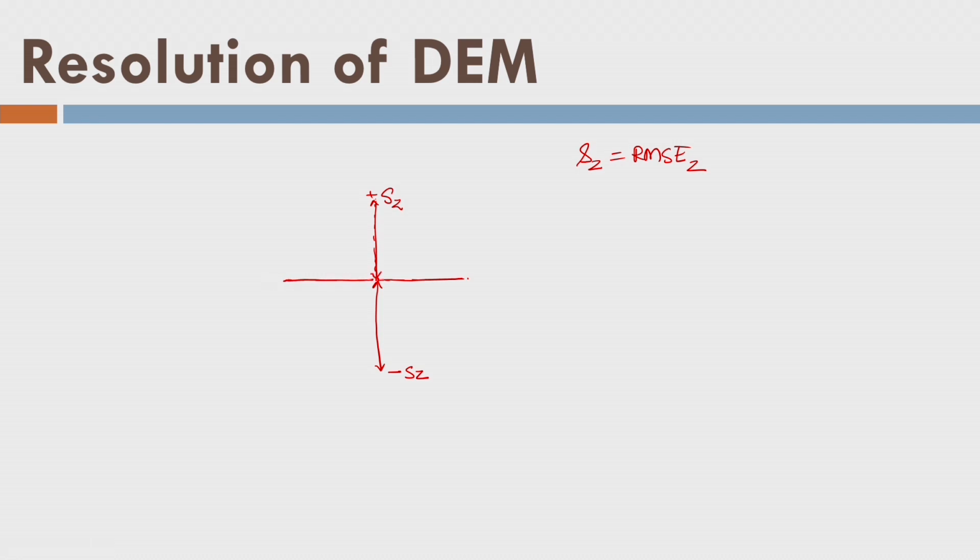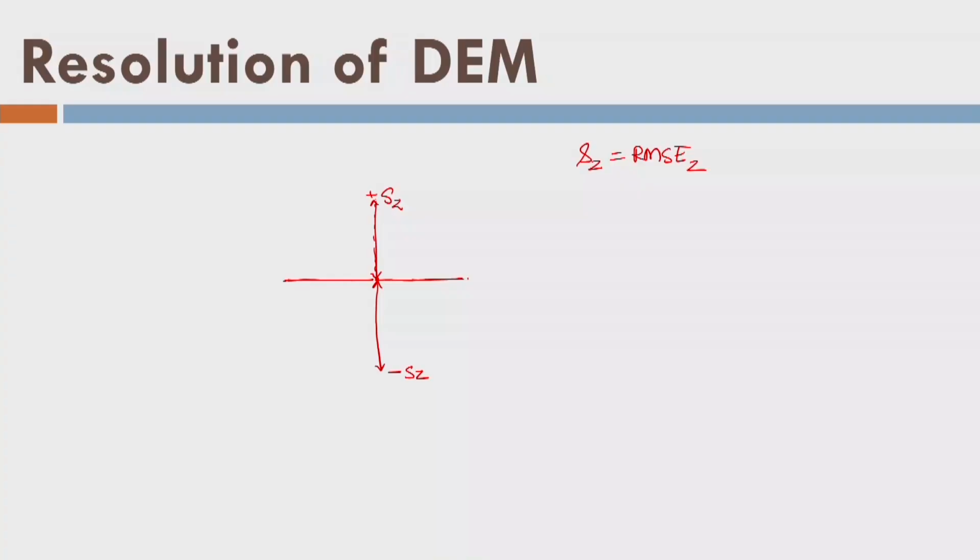When I pick a point, I may commit a mistake, maybe positive or negative, and hence you know that we have a limitation here. If I commit a mistake, it will be minimum by 1 pixel. I cannot be within 1 pixel because we count 1, 2, 3, 4 number of pixels. So let's say if I commit by SZ, that means if I am taking a pixel size or cell size of SZ, and if I commit a mistake, what will happen? I could be here at this point A, or I could be here at this point B. How can I avoid this thing? Is there any way to avoid? Right, there is a simple way.